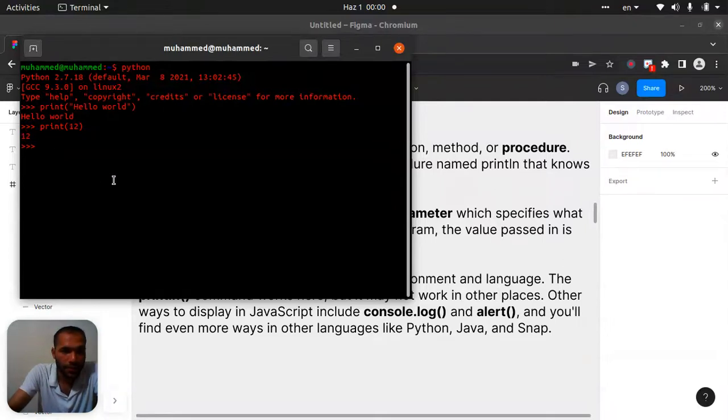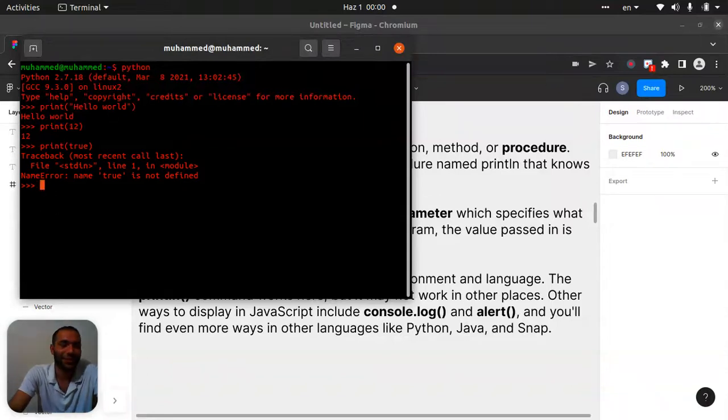If you say something different, let's say true, do you think it will work? No. Why? Because it cannot work like that. What we need to do in this case, I will explain in the future. This is not working. Instead you can write True, like that, and it will work. So we have booleans. I will show it in the future.